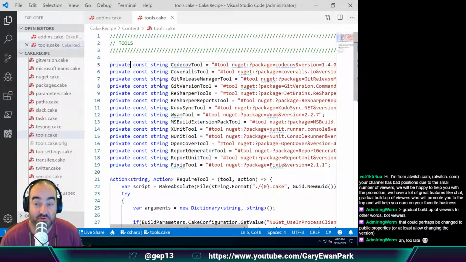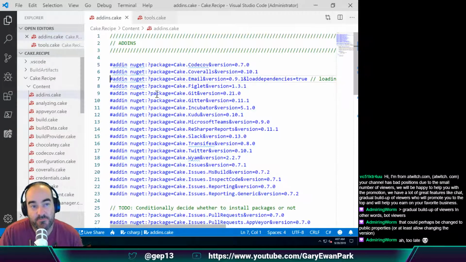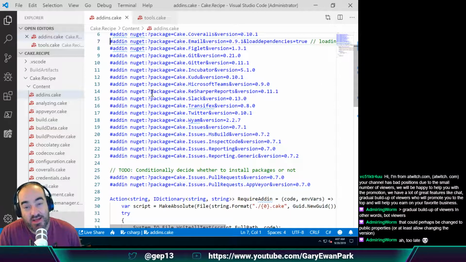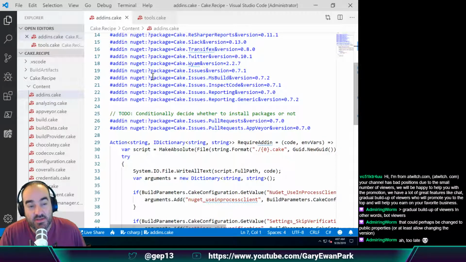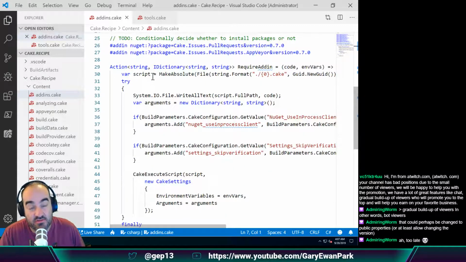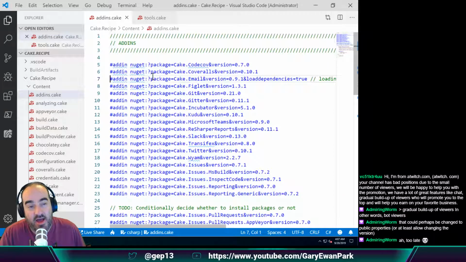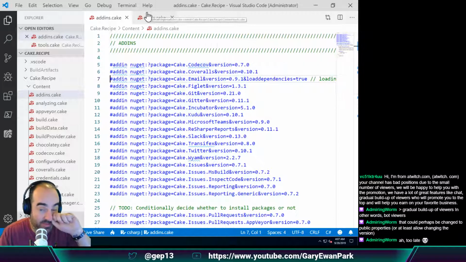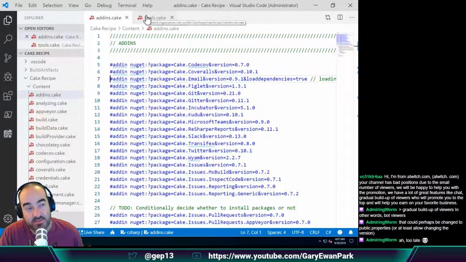Yes, exactly. So if we were to make these public properties, we could do exactly that. Now, that would work for tools, but that wouldn't necessarily work for add-ins unless we modified how the add-ins are currently fetched. Now, the reason that I am hesitant to change too much in this area is currently Jericho's add-in discoverer